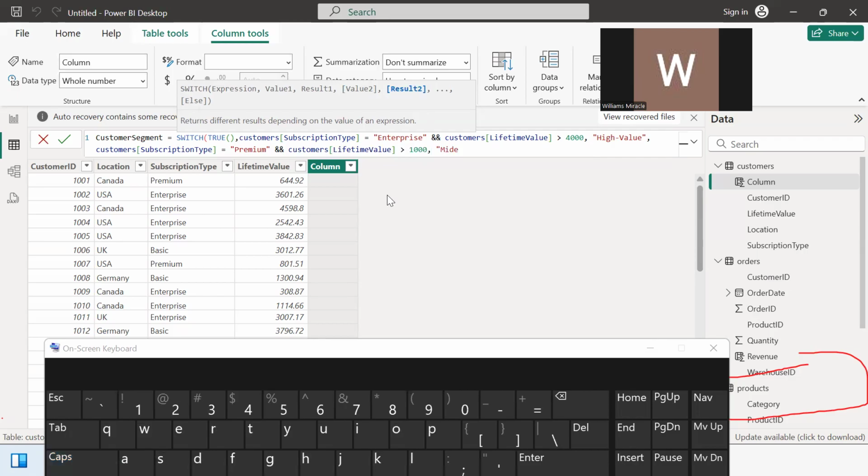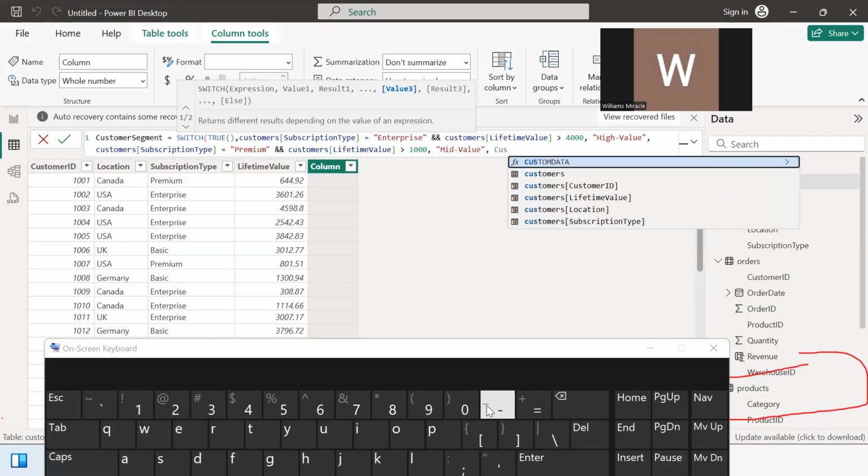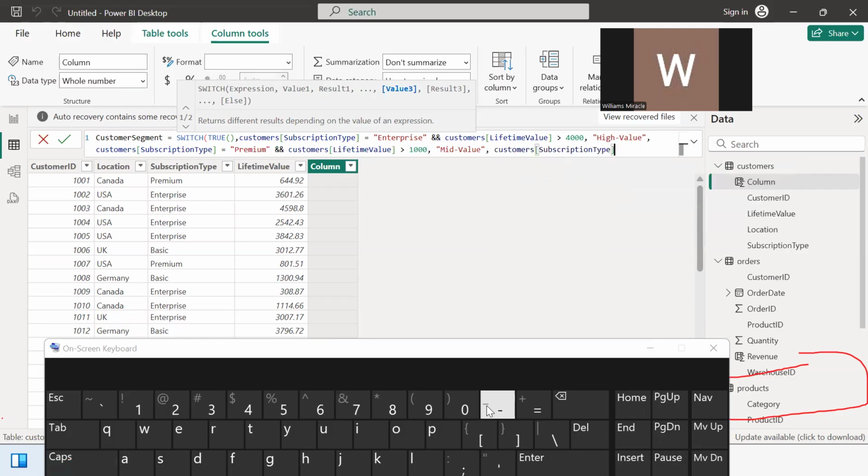Mid. That's between 4,000 and 1,000. Let it be what? Mid value. Comma. Customers subscription type equals